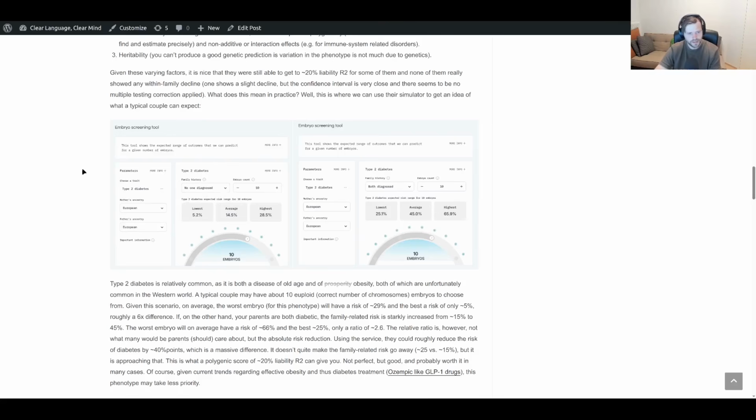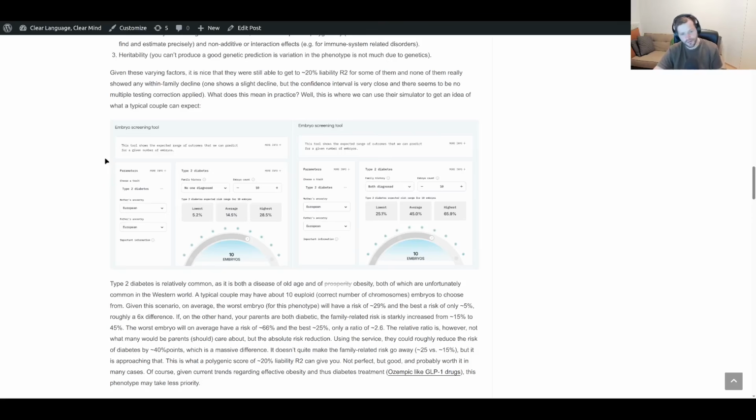In the left case, no one in your family has it, but the average risk in society is about 15%, and you have a normal number of embryos, 10, which would typically be the case for someone in their 30s who extracts embryos. If they're not super lucky, they might get 15 or 13, and